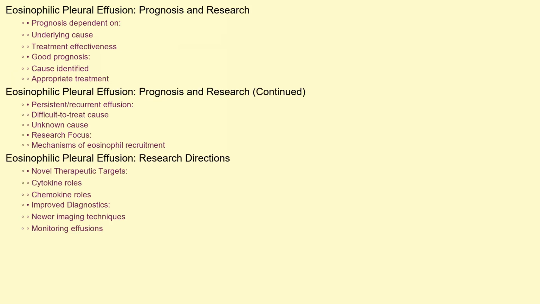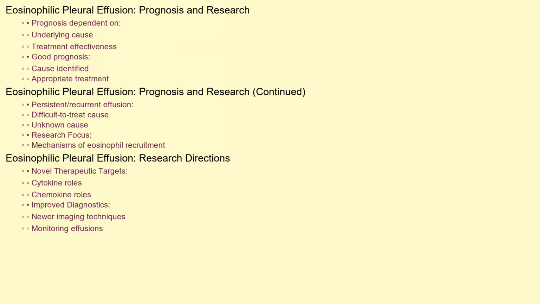The prognosis for eosinophilic pleural effusion largely depends on the underlying cause and the effectiveness of the treatment. In many cases, if the underlying cause is identified and treated appropriately, the effusion can resolve completely, and the prognosis is generally good. However, if the underlying cause is difficult to treat or remains unknown, the effusion may persist